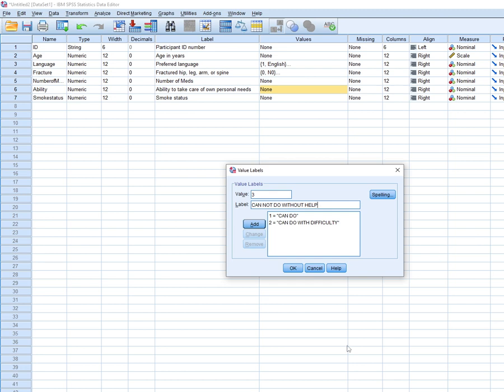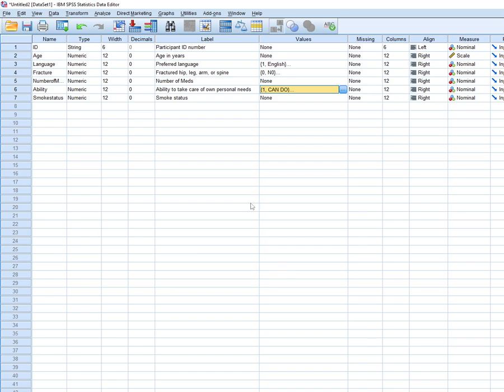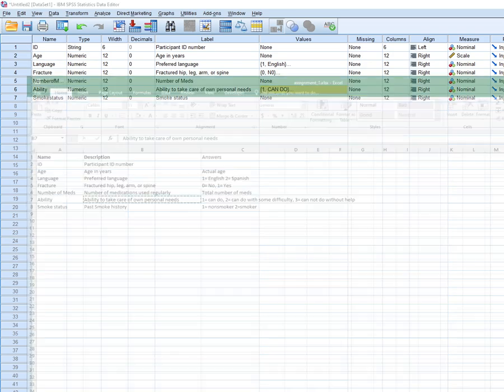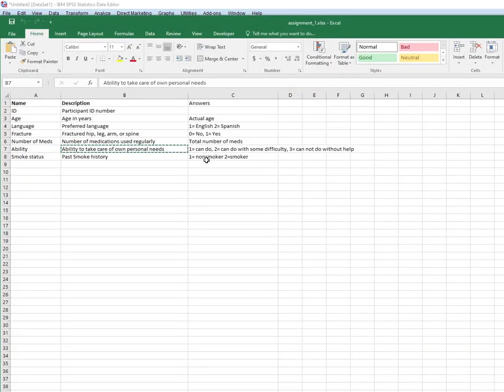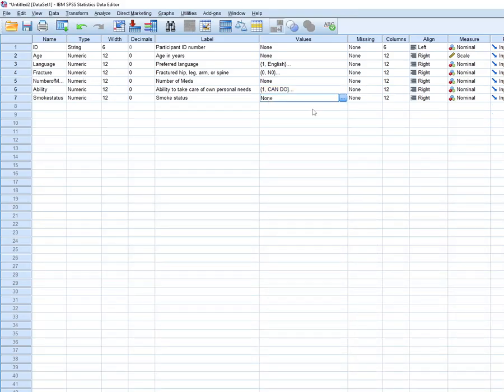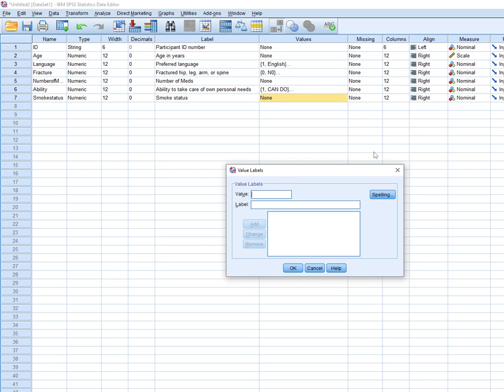Cannot do without help. I will add and click OK. Lastly, for smoke status, they said one is a non-smoker, and two is a smoker. So one is a non-smoker, then two